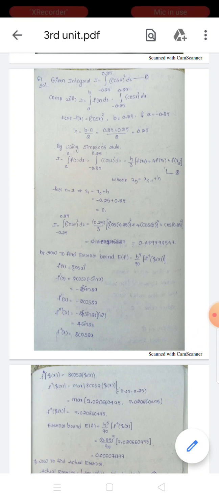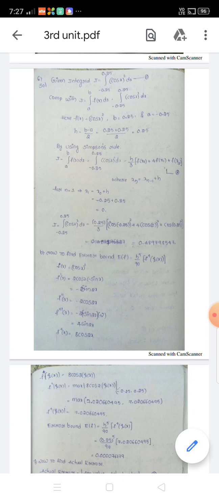Given integral I equals integral minus 0.25 to 0.25 of cos x square dx. This is equation 1. Comparing with I equals integral a to b f of x dx, here f of x equals cos x square, b equals 0.25, a equals minus 0.25, h equals (b minus a) by 2 equals (0.25 plus 0.25) by 2 equals